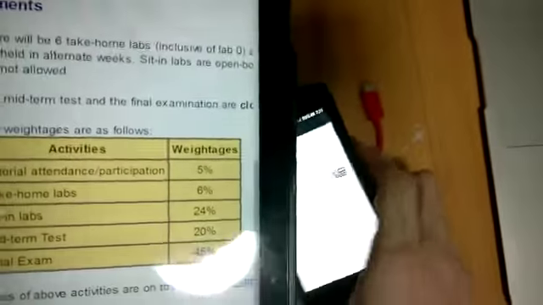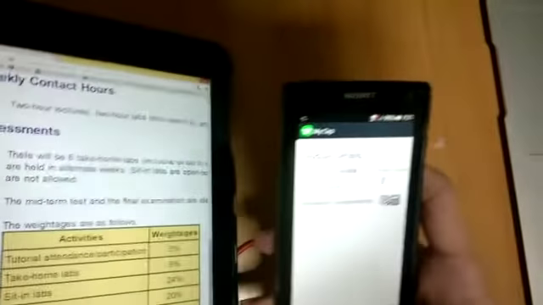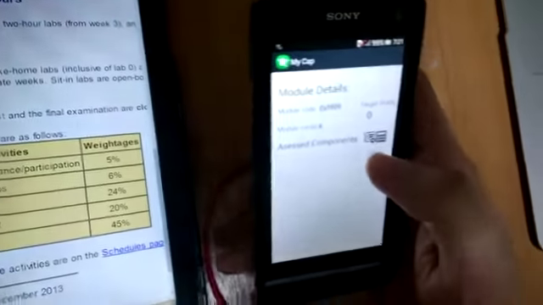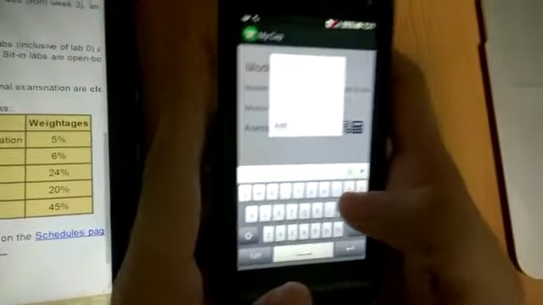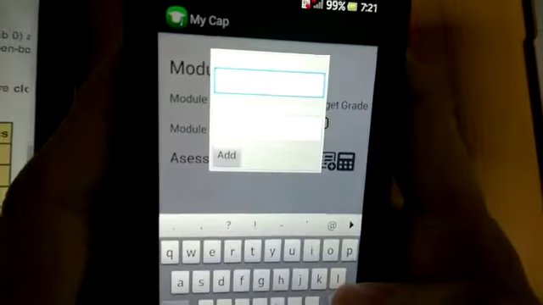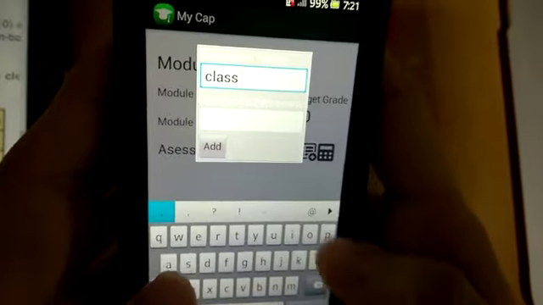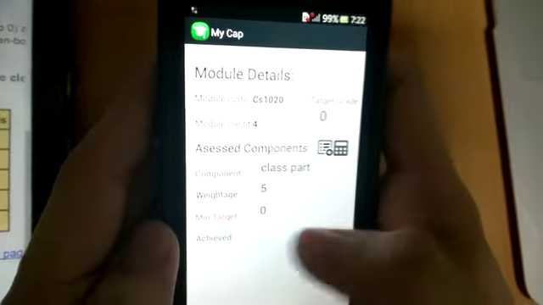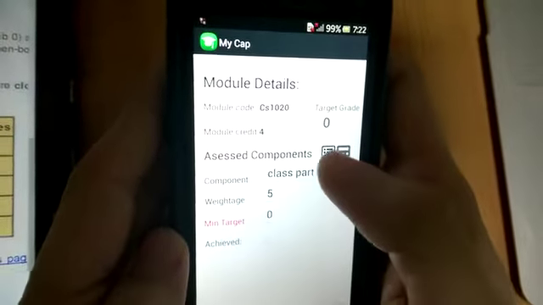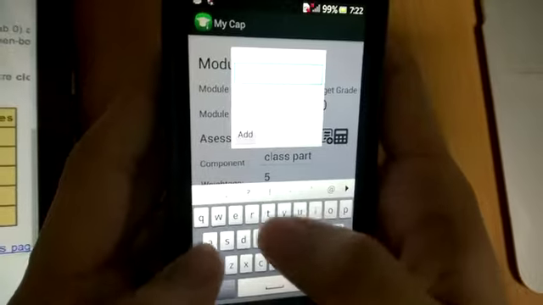So now I will add the individual component into the app. So now there's a button here for you to add a component. So I click this button, then I can key in the component. So for the first one is the class participation. The component percentage for this is 5%. Okay, then it will appear in the list of components here. So subsequent component I will add. So now the next one will be take home lab,